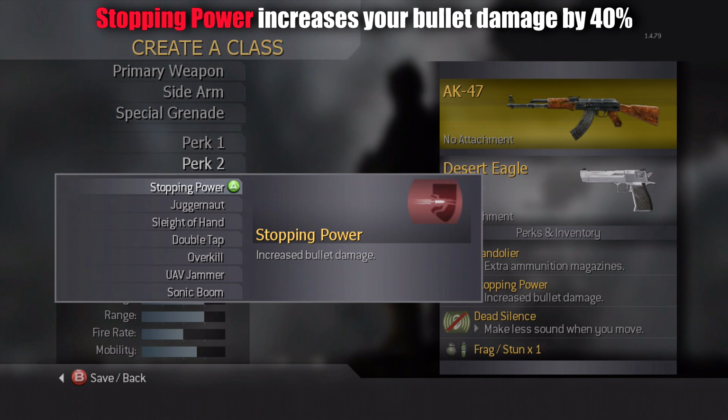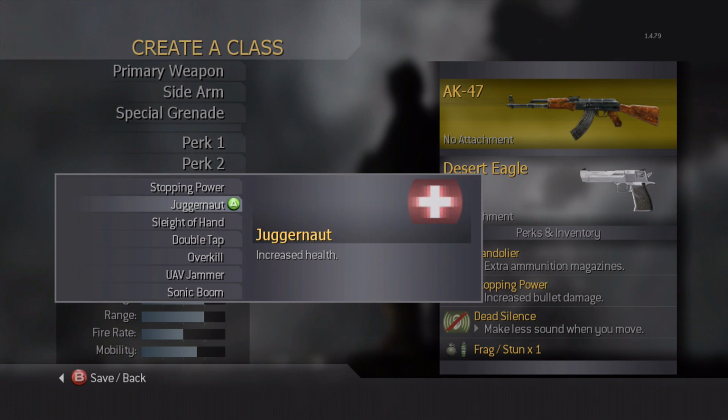It's also important to remember that with stopping power, it increases your minimum and your maximum damage by 40%. So essentially what this does is it's going to give you more range as well as more damage, which is fantastic. The next perk that we're going to be looking at is going to be Juggernaut, and this is a